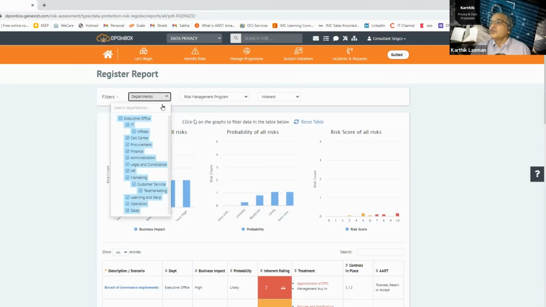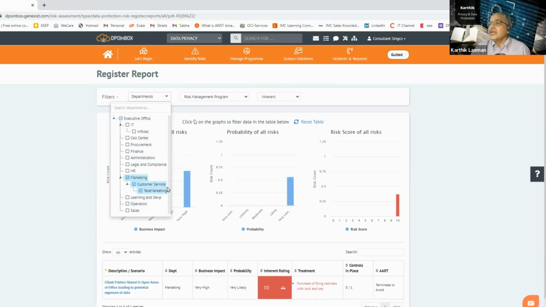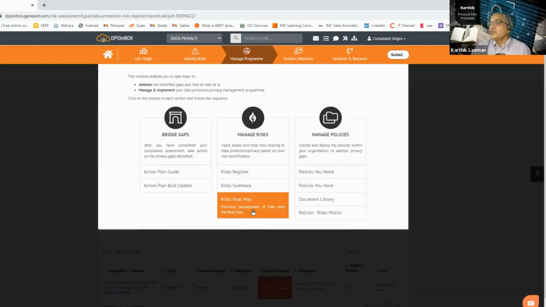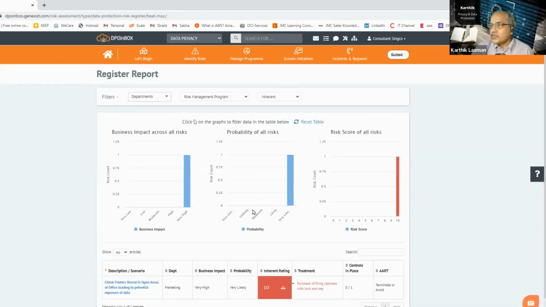This department was basically the marketing department. So I'm just going to get to that. So as you can see here, the risk that's been identified, whatever you entered, is basically seen here, and you see the inherent score, the combined score. And then he basically showed the risk heat map. This is going to be a revelation, guys.